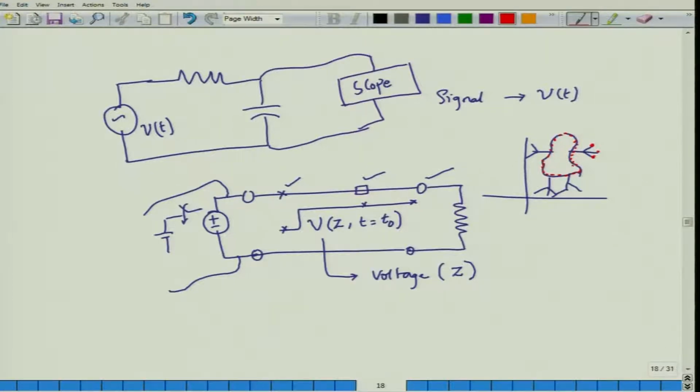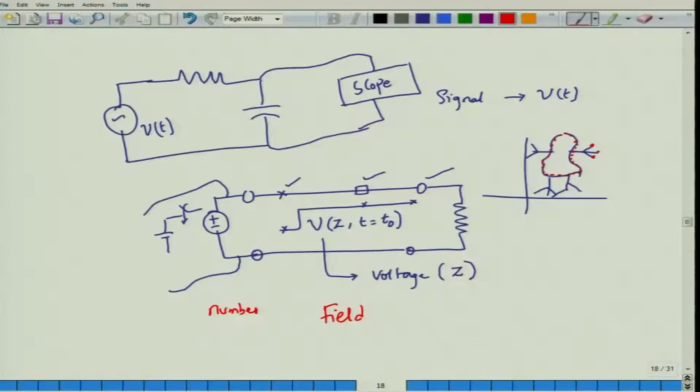So what we have is an example of a quantity that is varying as a function of position, and such a quantity is called a field. In both examples that we considered, the transmission line example as well as the temperature of the body, the quantity that was varying was just a number, right? You don't specify temperature and then say temperature in the direction of 30 degrees with respect to north. You just say it's 30 degrees Celsius, 31 degrees Celsius, 32.3 degrees Celsius, which is just a number, and this number, as we know, is what is called a scalar.